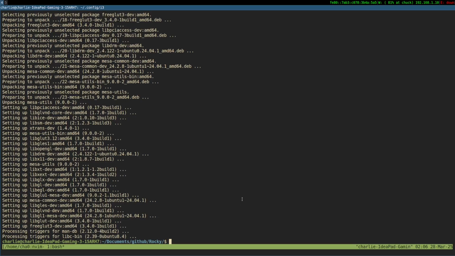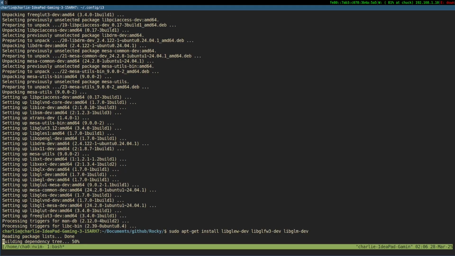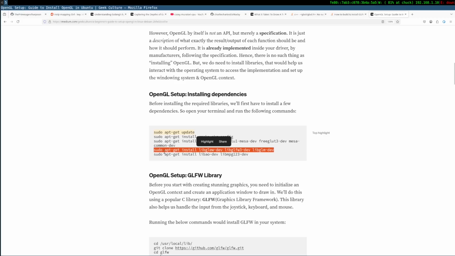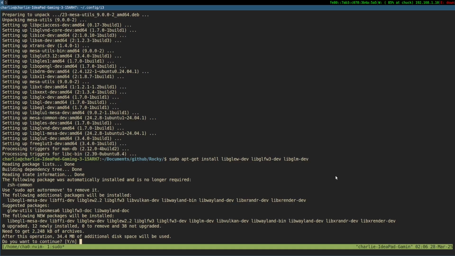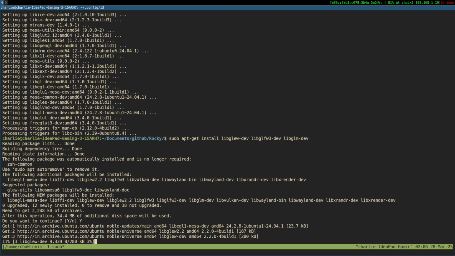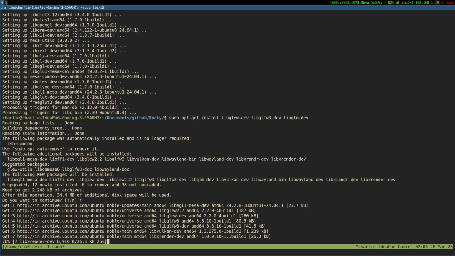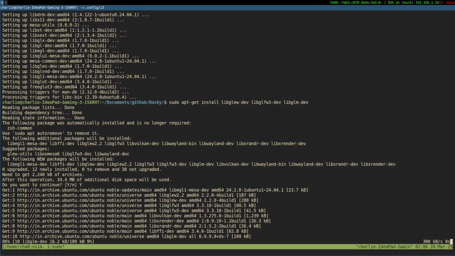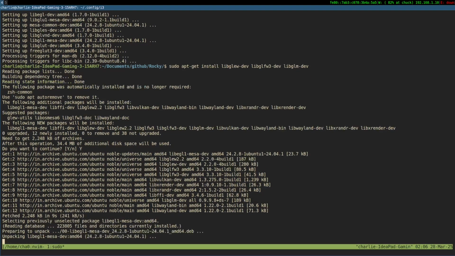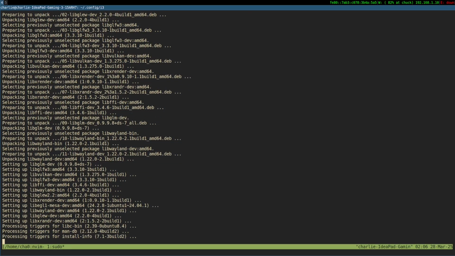Oh, this is fun. I need to go get this last one done. Yeah, 34 MB of additional disk space. Come on, OpenGL, make it worth it for me. I need my triangle. I can't be